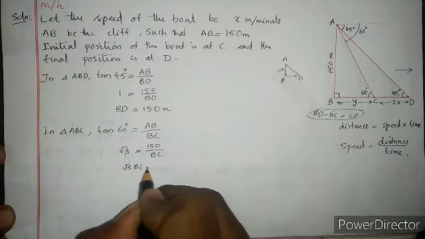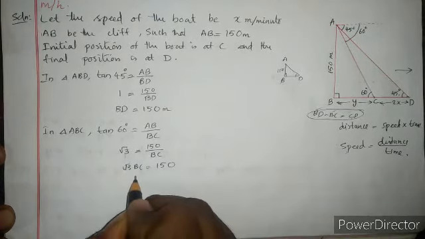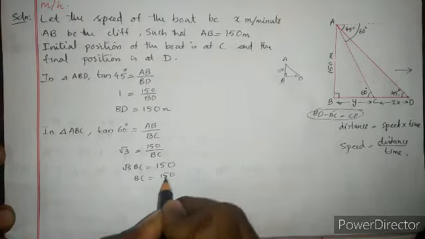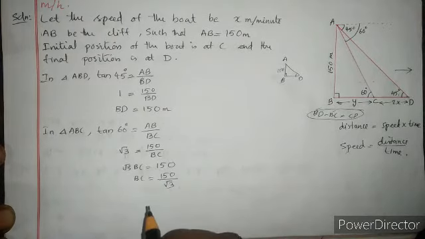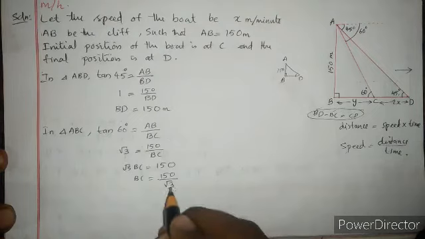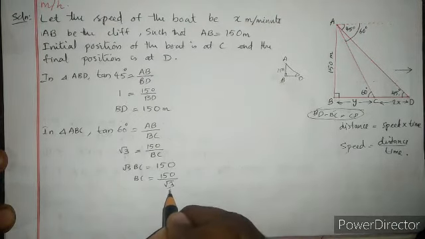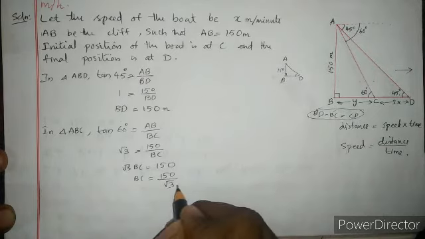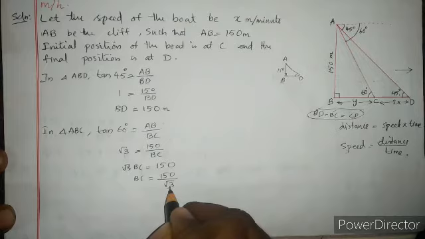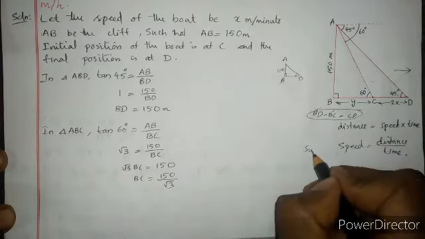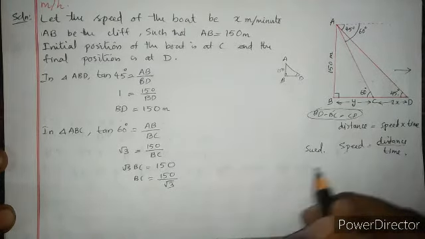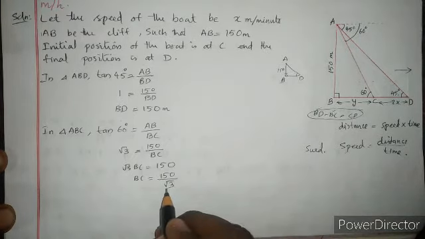रूट 3 BC इज इक्वल टू 150, तो BC इज इक्वल टू 150 डिवाइडेड बाई रूट 3। हमको पता है, आई हैव टोल्ड यू इन द फर्स्ट चैप्टर, वेन एवर ए सर्ड यानी कि इरेशनल नंबर इज कमिंग ऑन द डिनोमिनेटर पार्ट, वी कैनॉट कीप इट इन डिनोमिनेटर पार्ट, वी हैव टू ब्रिंग इट टू द न्यूमरेटर पार्ट। तो इसको न्यूमरेटर में ले आने के लिए क्या करना है, इसको रैशनलाइज करना है ना। रैशनलाइज करने का तरीका क्या है, इधर का सर्ड, SURD, सर्ड मीन्स इरेशनल नंबर।